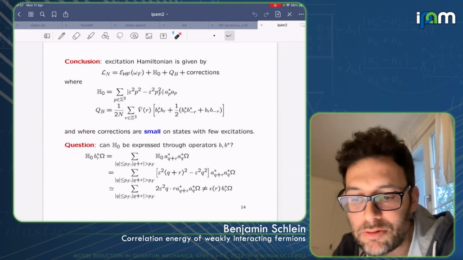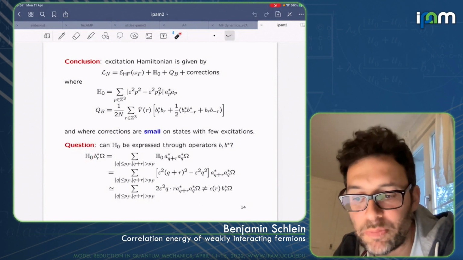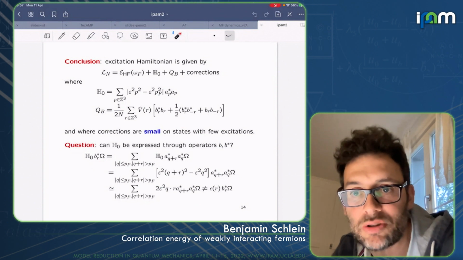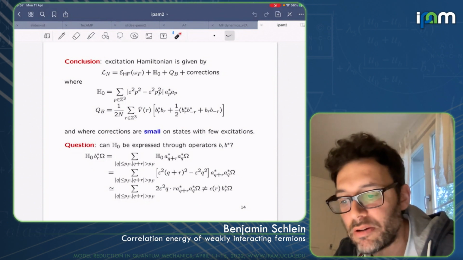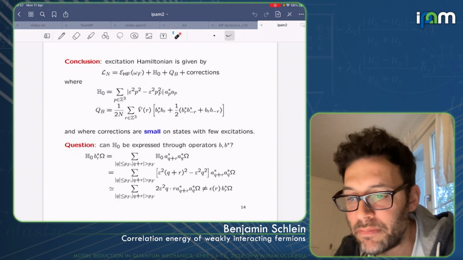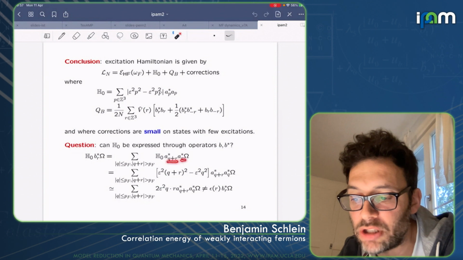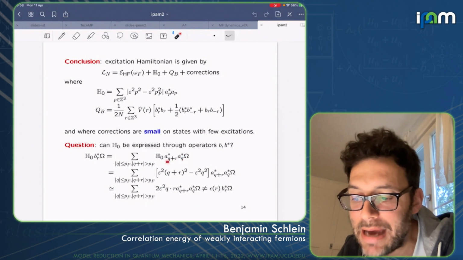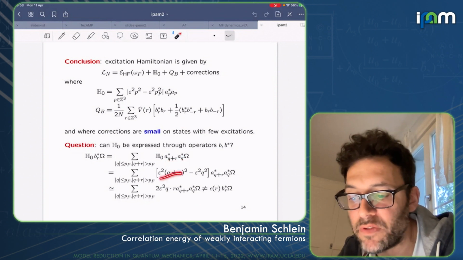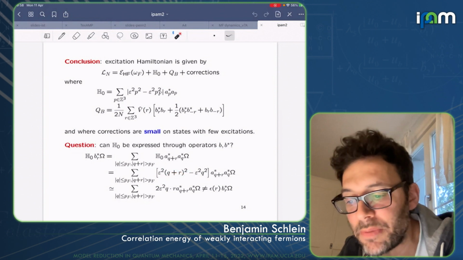Well, let's try to apply the kinetic energy operator on an excitation created by this B operator, right? So you do it here. Now you remember H0 is given here. So you have A_p star A_p. Of course, you have a contribution from Q cross R and a contribution from Q. One is a particle, one is a hole, so they come with different sign. So there is some cancellation.